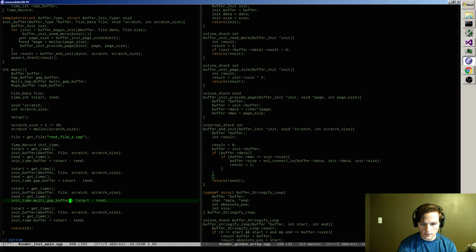Multi-gap buffer. And you know what? It won't be able to deduce that type, which is a gigantic pain. I'll have to go back and fix that rope buffer. Alright, so what I actually need to do for a little template cleverness here is this: this type is deducible and this one isn't, so put this one first so you can specify only that one.